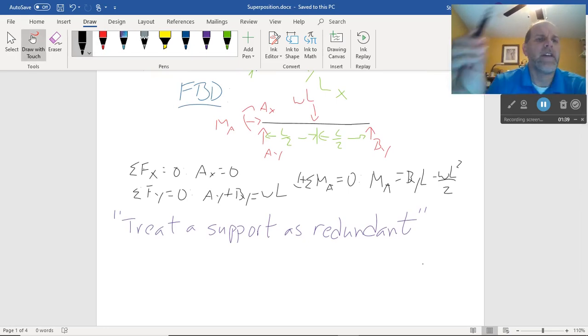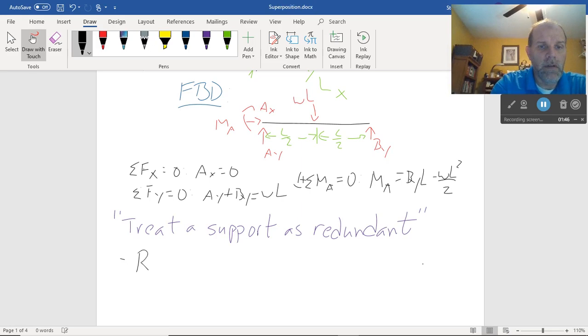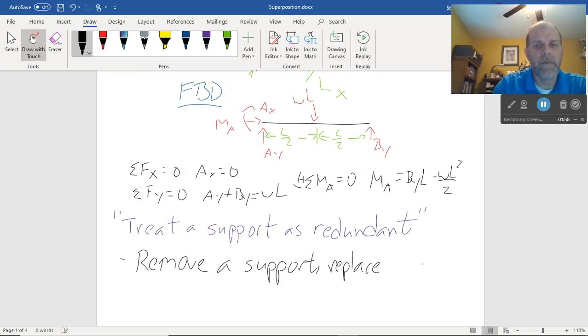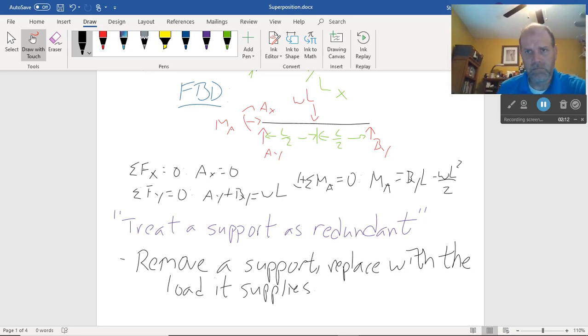And the answer, the way I think of it at least, the way that works for me, is that first, we remove a support and we replace it